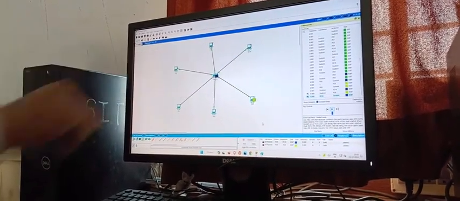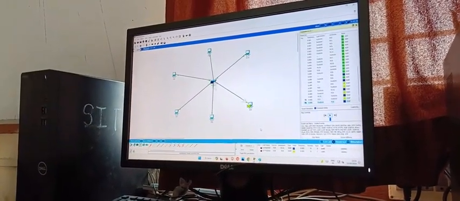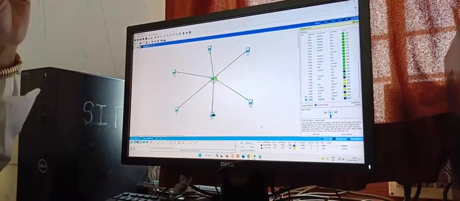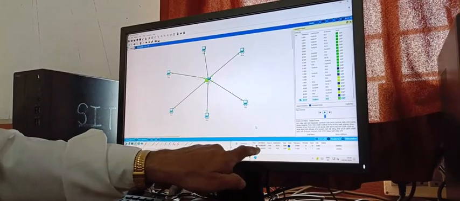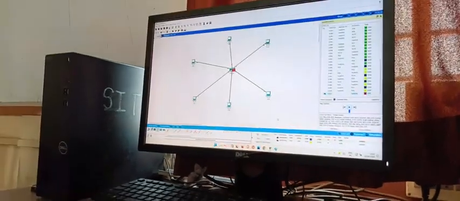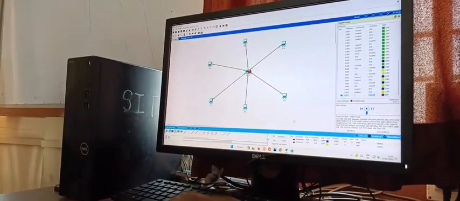Likewise, successful configuration is shown, and once it is done, this window says the configuration is done and the successful transmission of the data is done. So like that you can simulate.